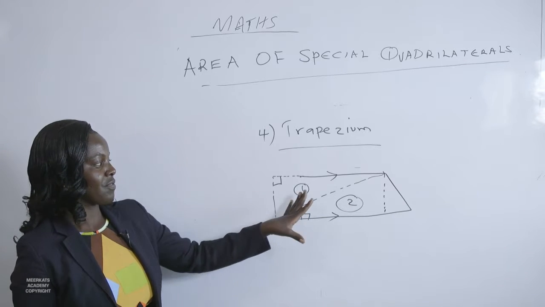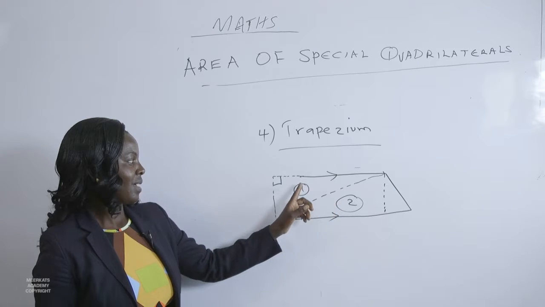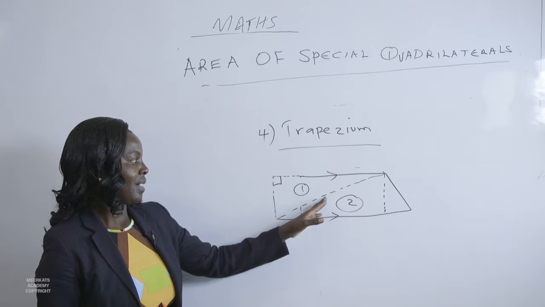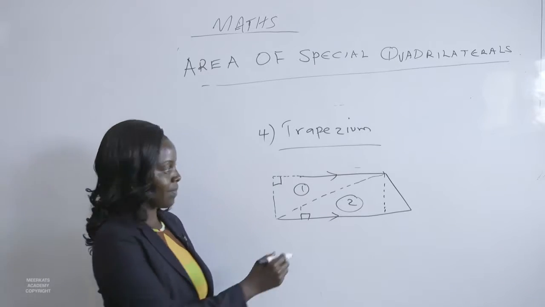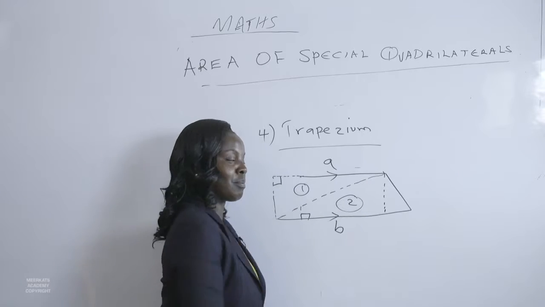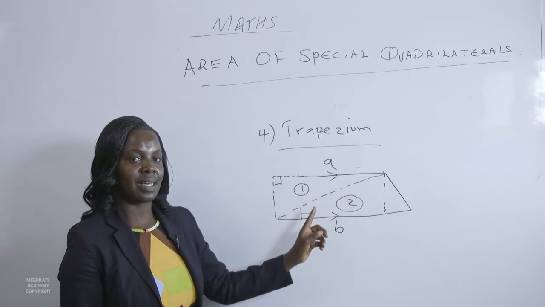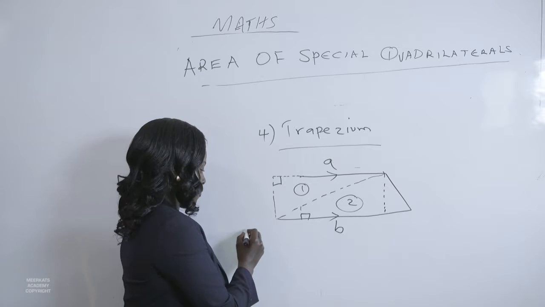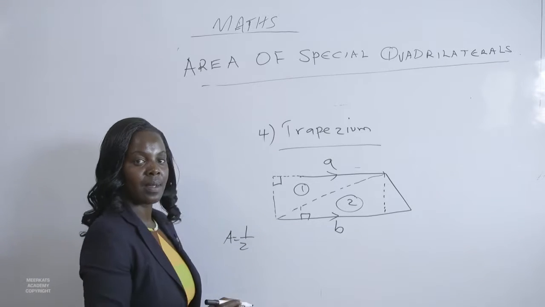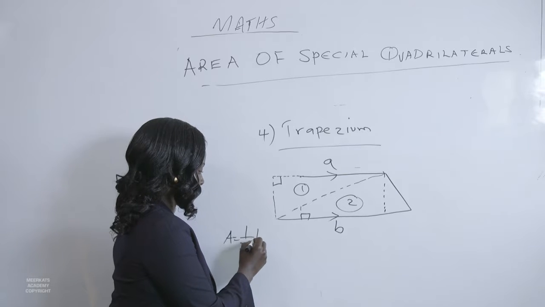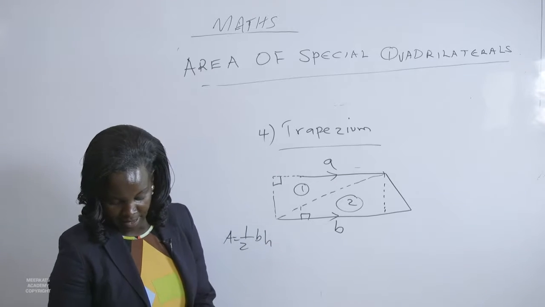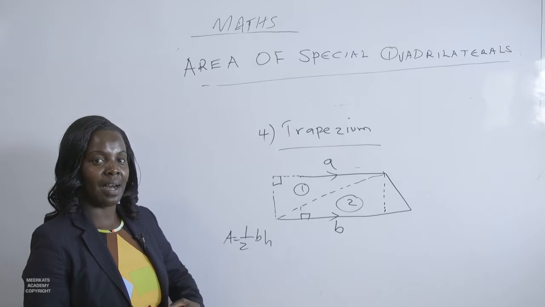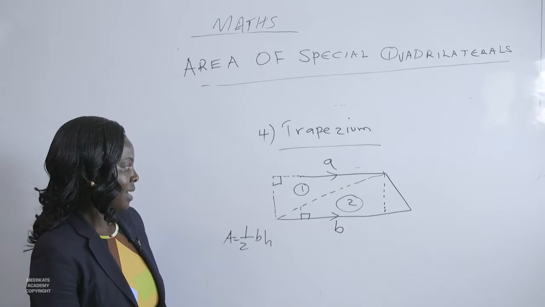If we rewrite, then we have two triangles, the first one and the second one. How do we calculate the area of these two triangles? So assuming this is A and this is B, the two opposite and parallel sides, A and B. If you remember, in our last lesson, we have just said that the area of a triangle is calculated using the rule a half base times the height,